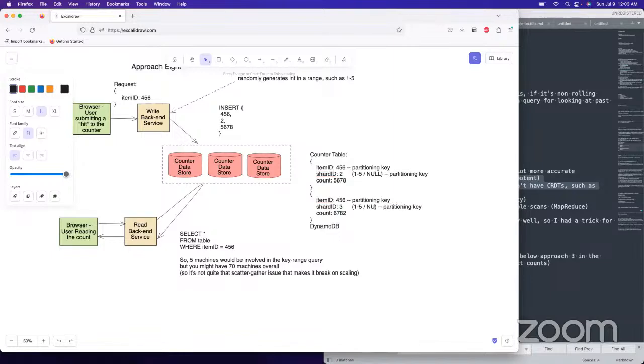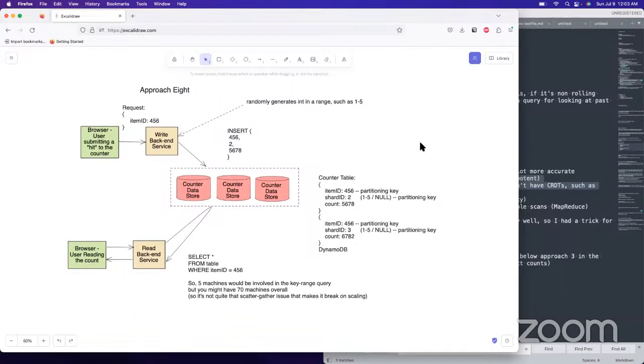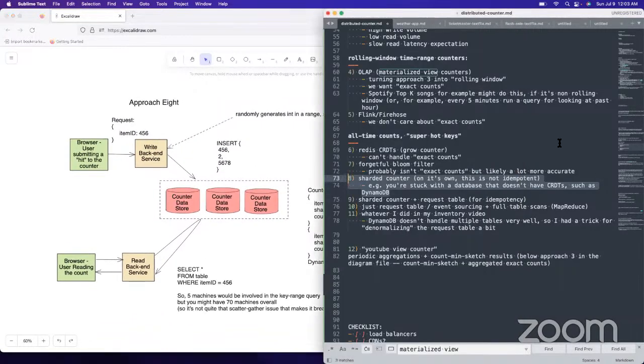And if it's null, you would also have to know which of the item IDs are leaderless and which ones are not on the back end. You could maybe use a Redis cache or something that's co-deployed. What's that called? Sidecar. You could do a sidecar Redis deployment in order to figure out if a given ID is sharded or not. Even have different ranges and also store that as the sidecar deployment on the right backend service. Yeah, so that's approach 8 though. It's the sharded counter, but you don't have it idempotent still. It just allows you to scale up super hot keys.